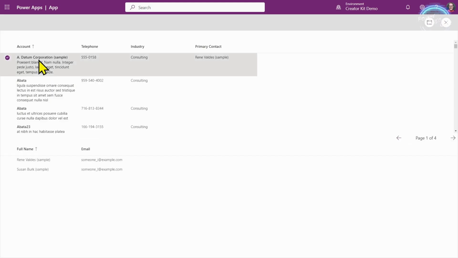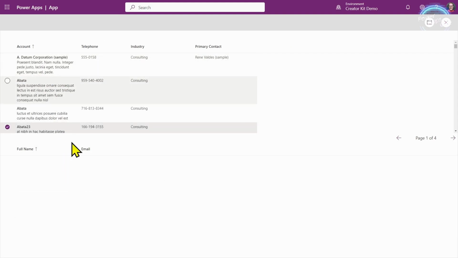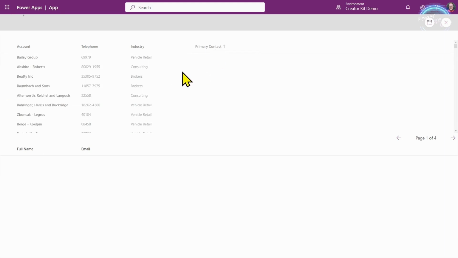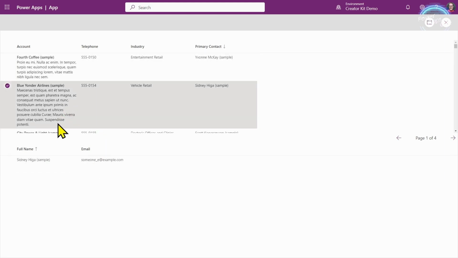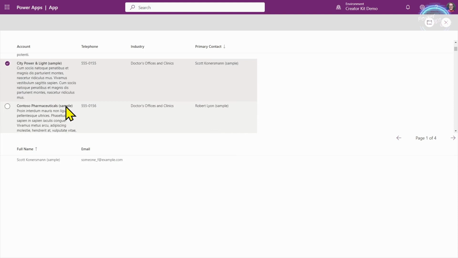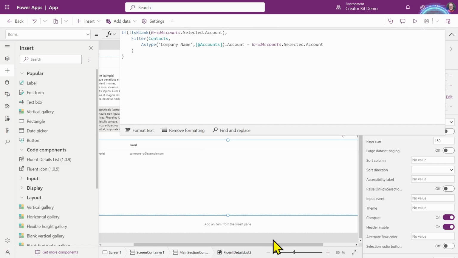So now when I select an account, you can see here it's showing me the contacts associated to that. So if I sort by primary contact, you can see here, there we go. Now, this is all great, but maybe I wanted to show a little bit of extra information, like the credit hold information, and I wanted to highlight that. Well, this is where we can start to use some of the other types of cells.